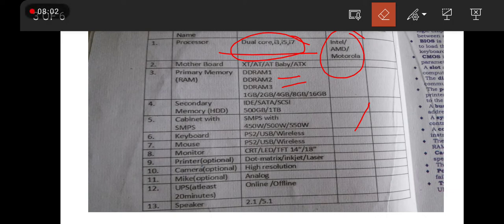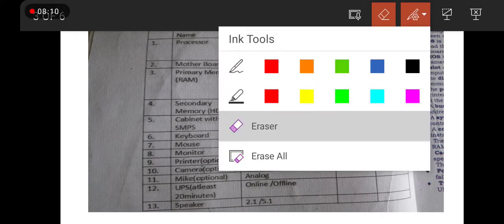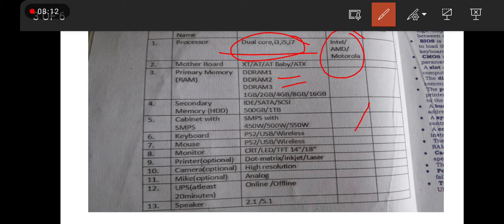Next, secondary memory. It may be a hard disk device, that is, a hard disk drive. It may be 1 TB or 500 GB or less than that. Then all other components such as keyboard, mouse,